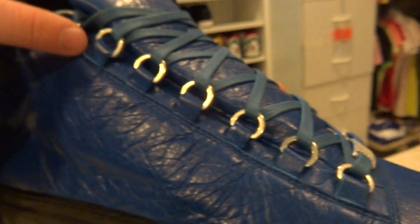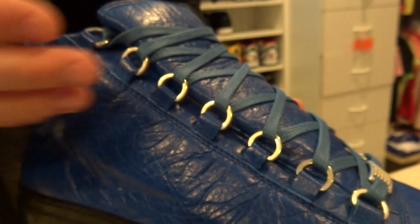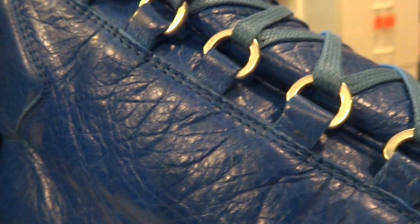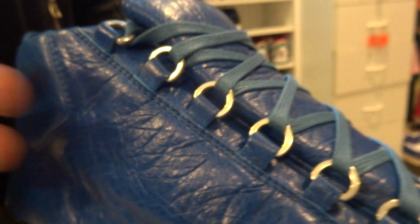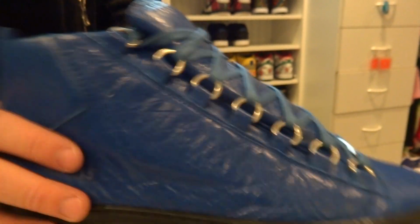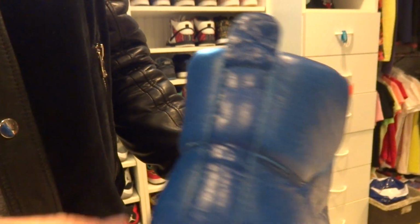Now, one of my favorite parts of the shoe is the eyelets right here. They're silver to go with the lace lock, and they provide just a really high-end feel to the shoe and a little contrast to the side of the shoe and everything else, the monochromatic blue that's going on. Then the inside is again this blue leather, and then you also have a blue leather insole right there. On the back, you have a blue pull tab, if you will,